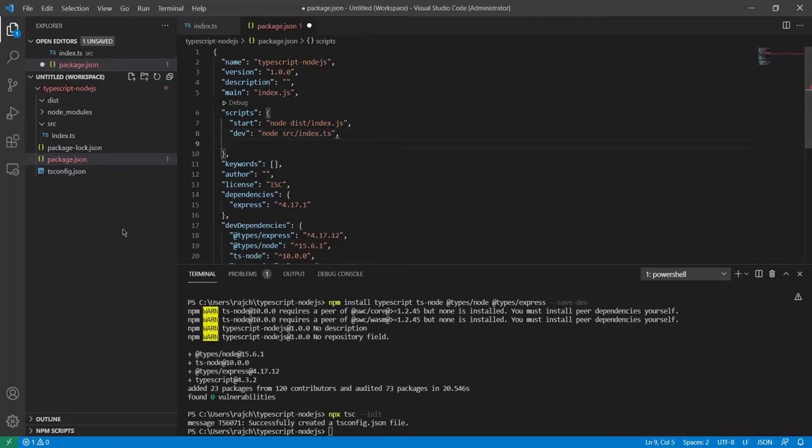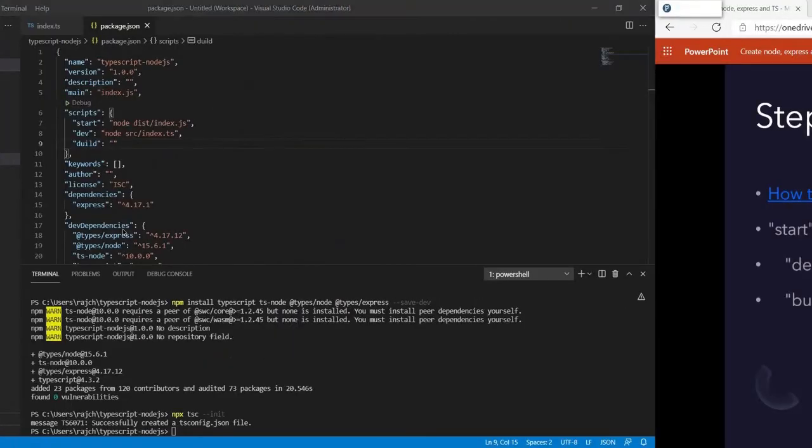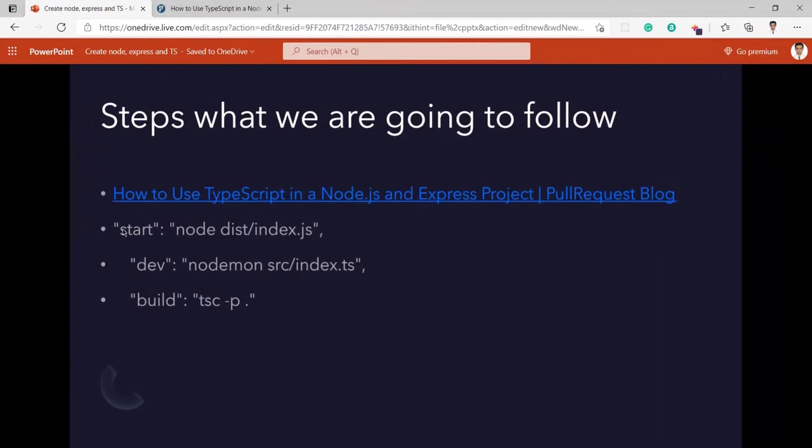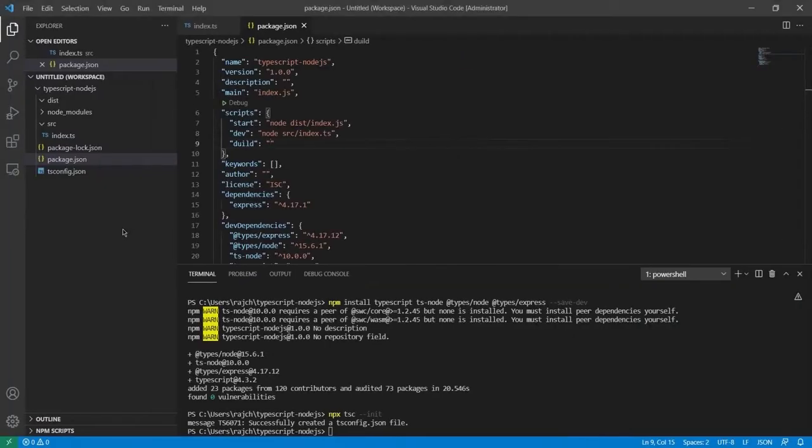And again let me create a script using build. Let me check here. You can see it is going to be tsc, so I am going to use the TypeScript compiler.